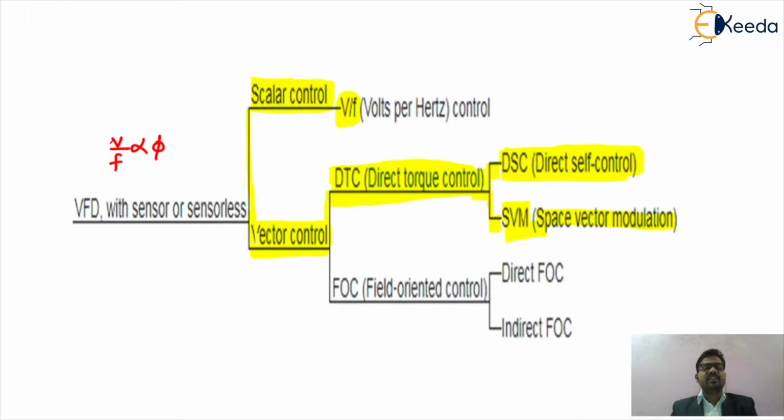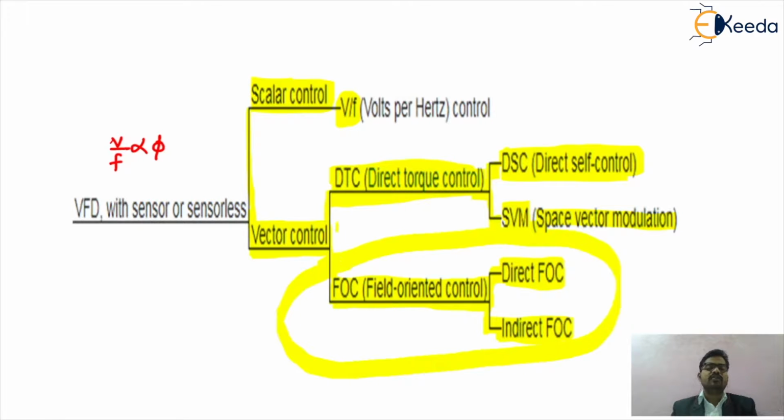After that, one of the very important advanced control techniques is called FOC. What do you mean by FOC? That is field oriented control. This scheme is again classified into two categories. The first one is direct FOC, that is direct field oriented control scheme, and indirect field oriented control scheme. So in this video we want to understand the different concepts of FOC,